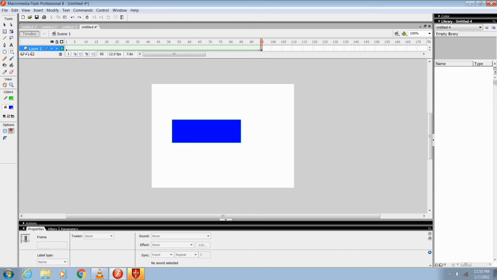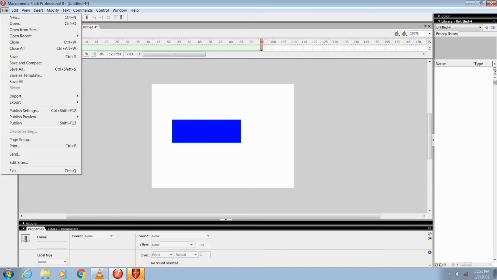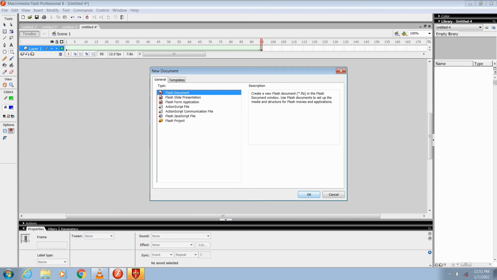Then the last one is creating a frame by frame animation. For creating a frame by frame animation, click on the text tool.